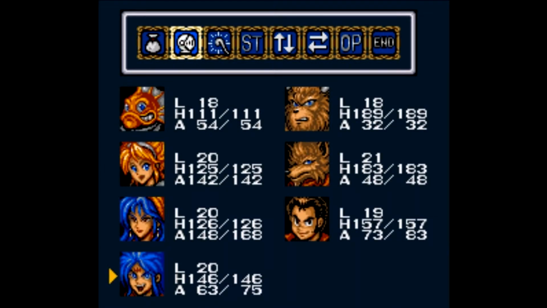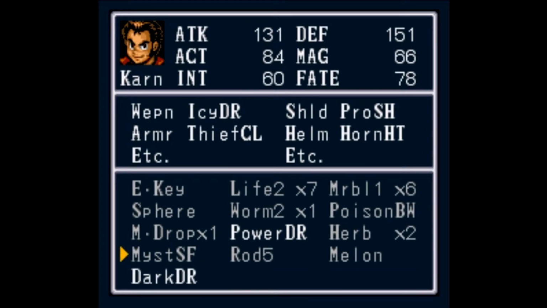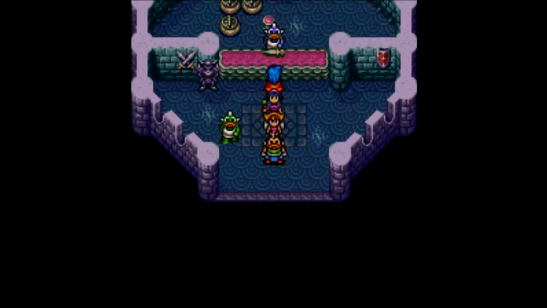So let's take a look at that Dark Dagger. Ryu can also equip it, but he's better off with the boomerang. Let's see, attack power 131 with the Icy Dagger. 196, yeah, that's 65 more attack power, and it raises his speed by 8. It is really, really good. And just to confirm something with you guys,